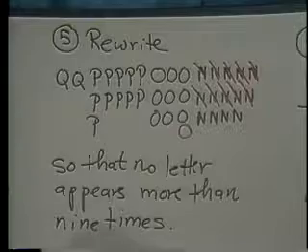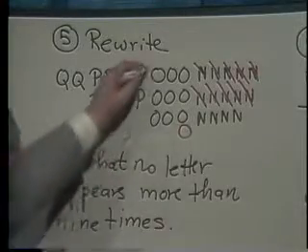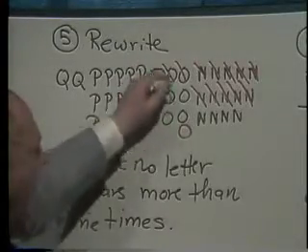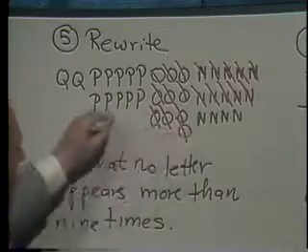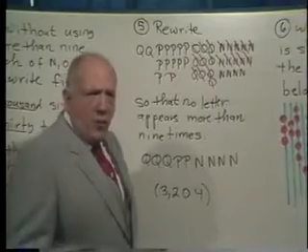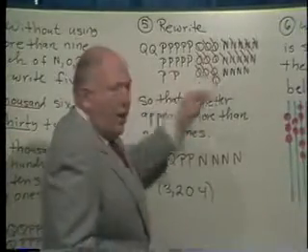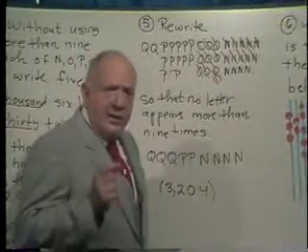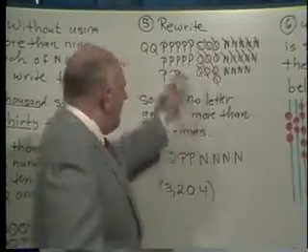Now, 10 O's are worth a P, so I count 1, 2, 3, 4, 5, 6, 7, 8, 9, 10. Trade those in for 1 more P. Every 10 P's are worth a Q. By the way, notice that I can't trade in anymore. See, if I still had more than 9 left, I could trade in again, but I haven't made the problem